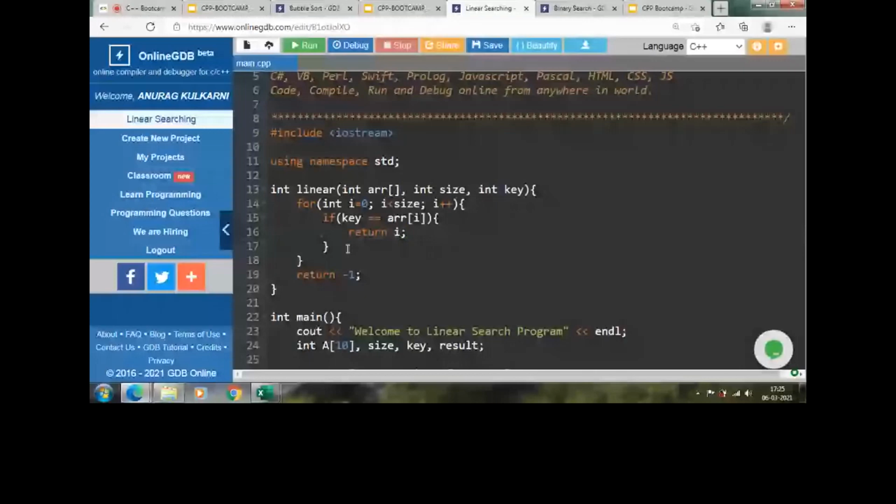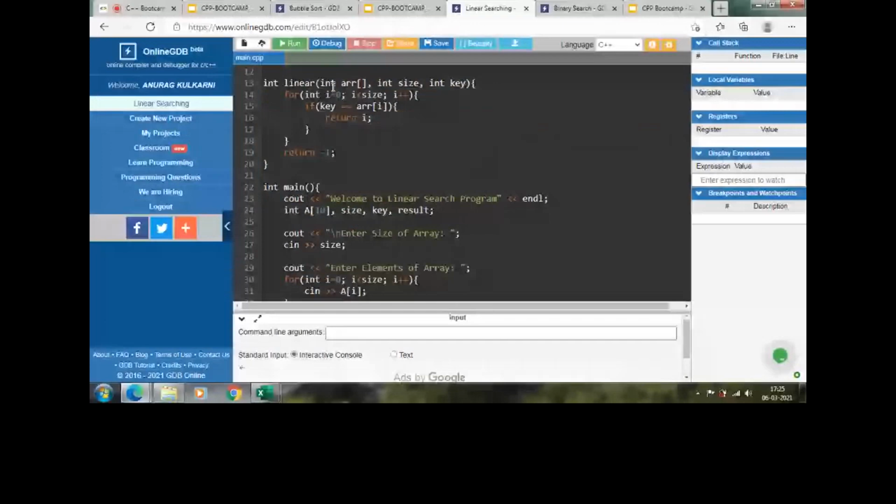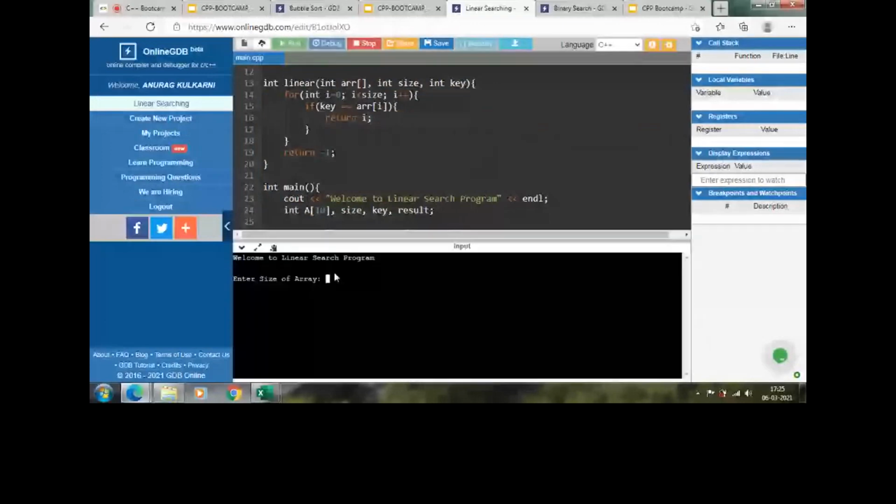We will run the code now. It asks for the size of the array. Let us say it to be 4, and then enter 6, 5, 8, and 1. These are the elements which we have printed.